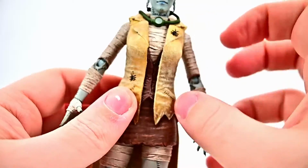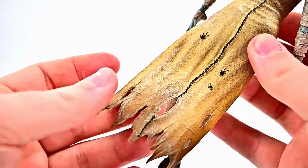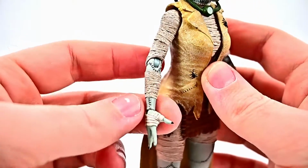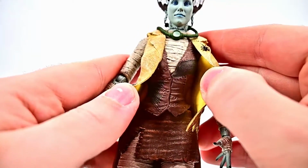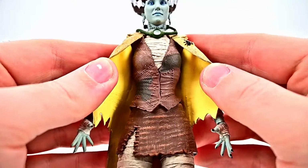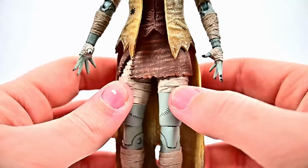It's got bugs all over it, as I mentioned before. They all have it going all the way down the back with the stitching, even there through the jacket. Then she's got the mummified body, so the Bride of Frankenstein is always all wrapped up. She has the wrappings all over her arms and on the center, like her chest plate, and then she also has an outfit similar to the April figure we got, the brownish-colored outfit, like leather all stitched up, with the skirting piece, more wrappings down her legs, and then